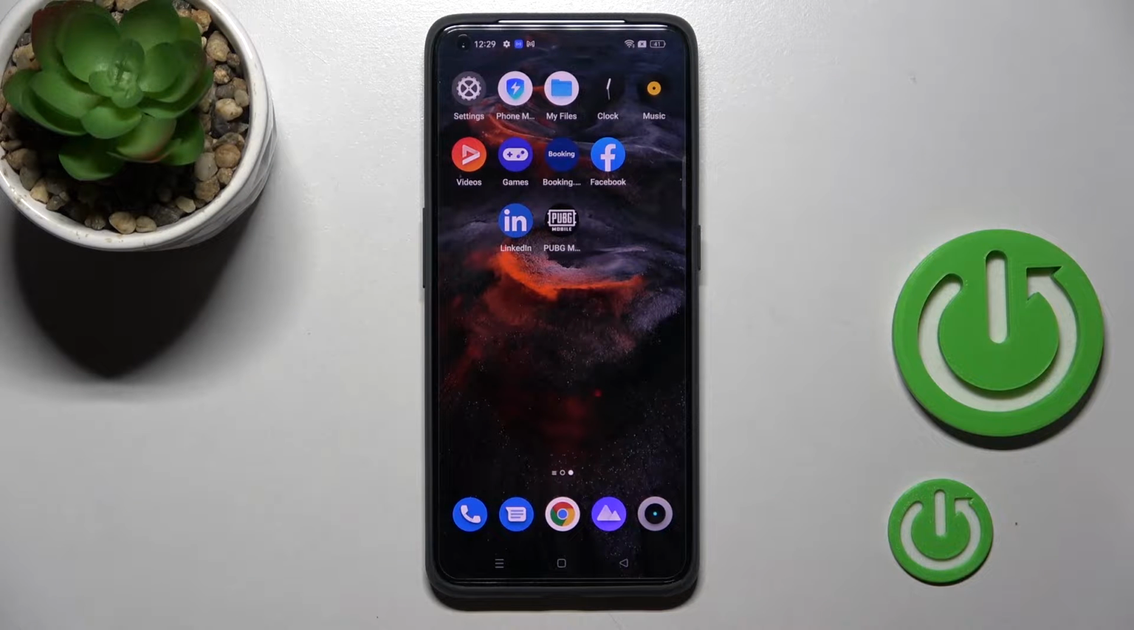Welcome, today in front of me Realme GT Pro, and I'll show you how to adjust ringtone volume on this